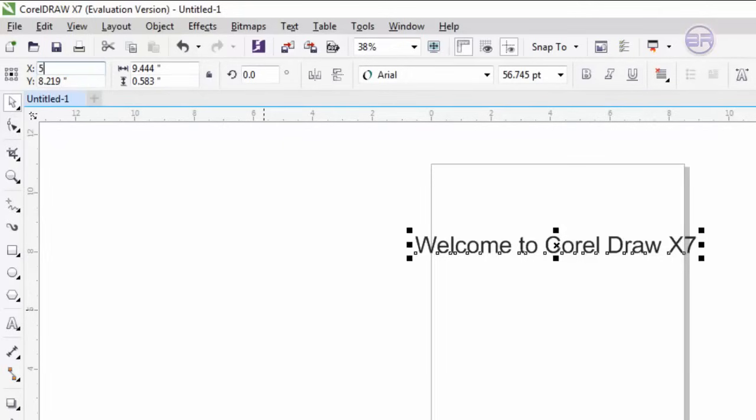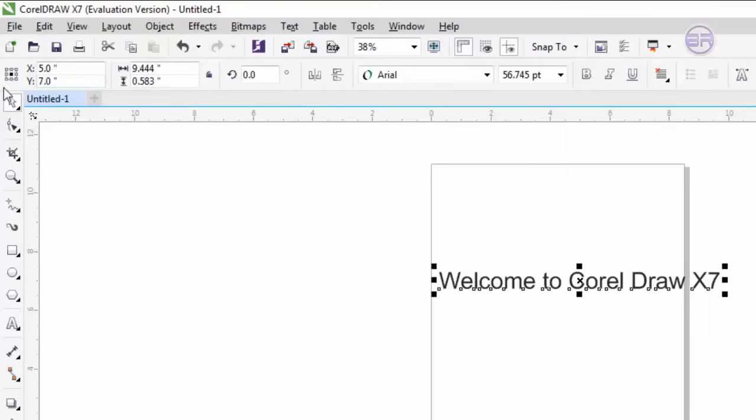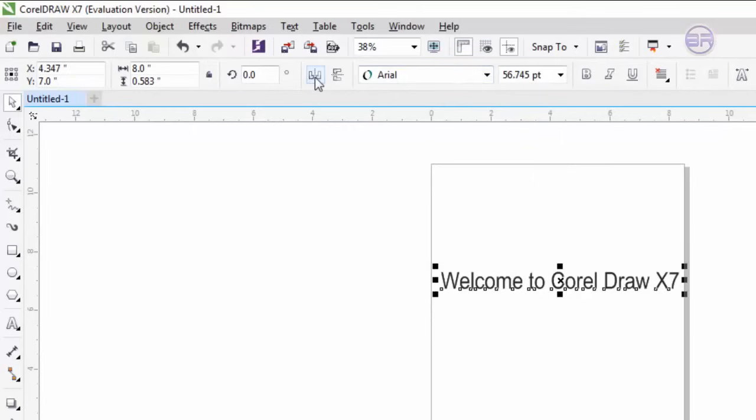If you change the value and press enter, you will see the text has moved to this side. It is just the position of the text in the document. If you set 7 for the vertical, we'll see this moving a little bit, and this is the size of the text. You make it 8, the size will be a little bit smaller. Now this is for rotation,